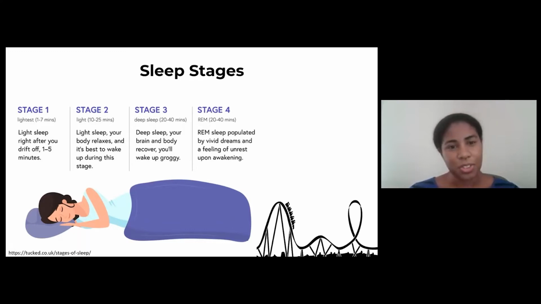And so we work down through those stages and then back up through those stages to reach REM sleep. During REM, there are rapid eye movements. Your eyes are darting around. Your brain is active during REM, but your body is paralyzed. So you do tend to have vivid dreams. And if you were to be woken up during this stage, or if you were to naturally wake up, you would feel not super well rested, and you may remember your dreams a little bit better. So the point is that sleep is really like a roller coaster, and we go through these different stages.